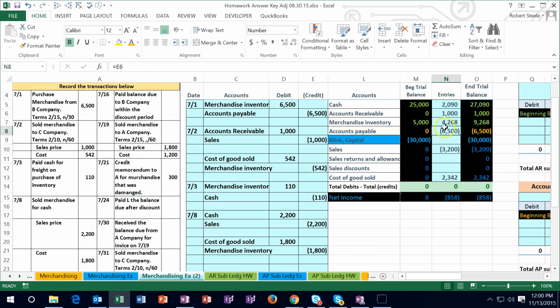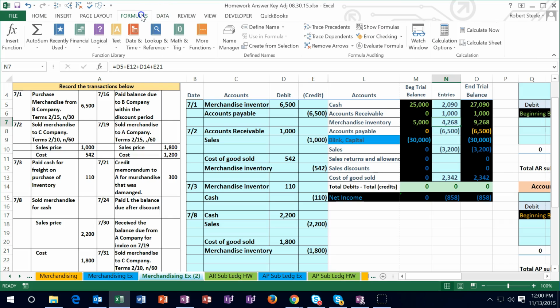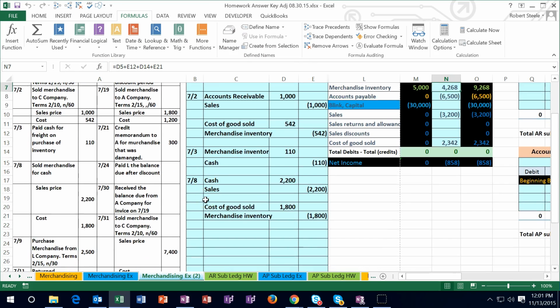And if we want to see what's in there, we can always click on this, and it's in the data tab or the formulas tab, and we could go to this trace, and that will show you the numbers that are in there. So this minus this plus this minus this makes up the 5,000 plus this minus this plus this minus this will bring us to the 9268. I usually keep those up here because I really like those, and so I'm going to get rid of that. All right, so now we're going to go to the